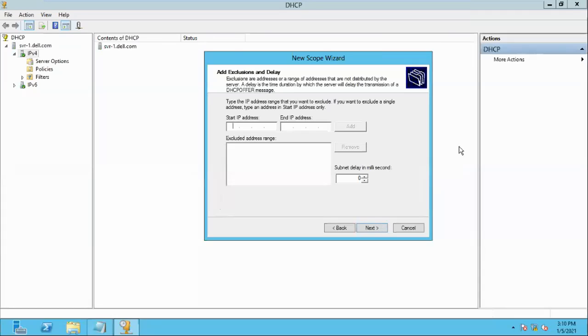Here the exclusion is the topic. Mr. Tahir said that an IP address can be assigned fixed in the DHCP, but the client system gets it dynamically. The administrator does not provide it, it's provided by the DHCP, but the client wants a fixed IP address, because the IP address should not change. When the system is restarted or shut down and logs on next, the IP address may change.